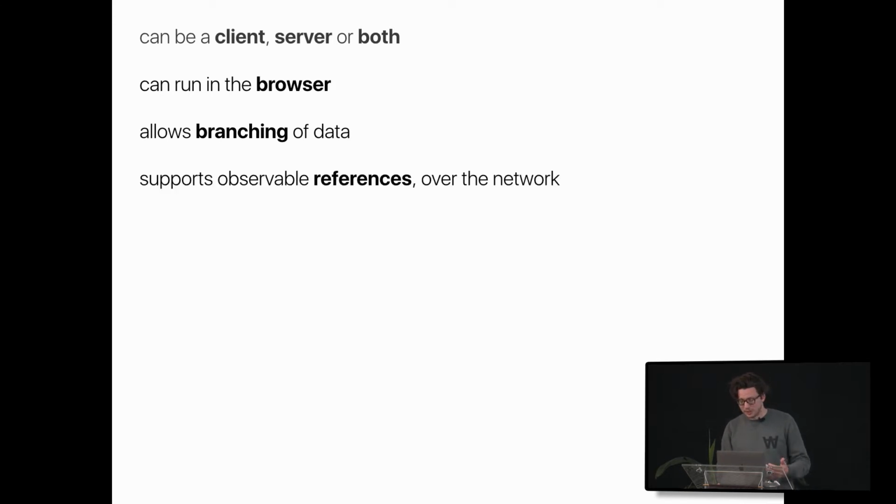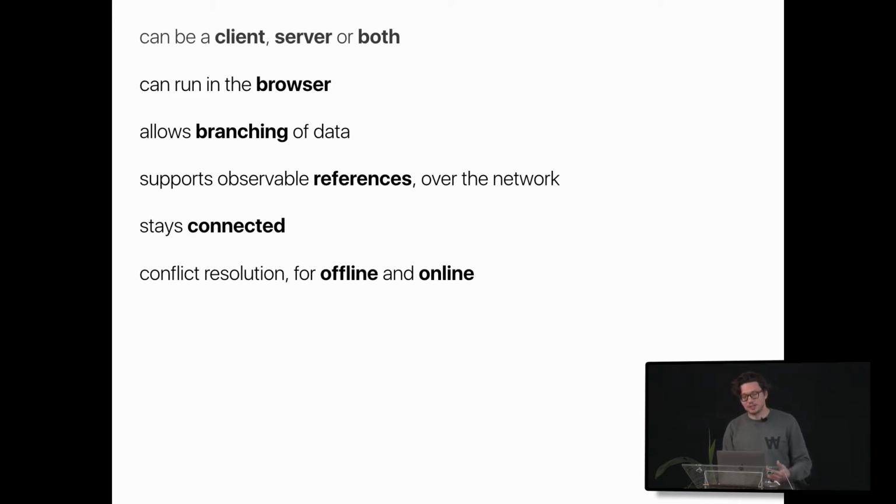It supports observable references over the network. So you can use references a bit like you would in normal JavaScript, but they're serializable and observable. It stays connected, which is a harder problem than you would expect with flaky connections, 3G, etc. Conflict resolution is baked in. So if I go offline and type something in a field, and I come back online and someone else wrote to that field at the same time, we'll resolve the two based on a timestamp. You have to offset the timestamp over all the machines, and you get into very weird territory, but